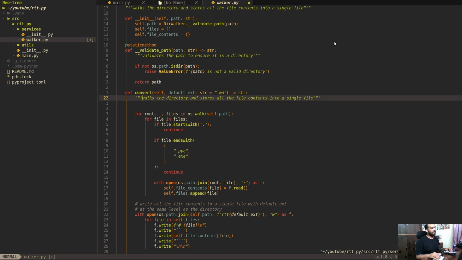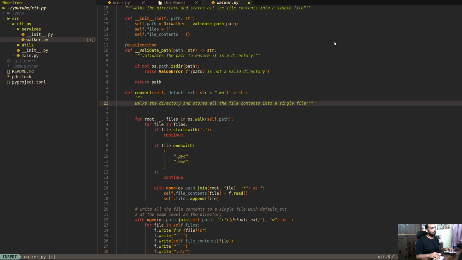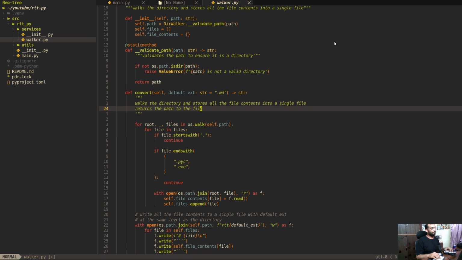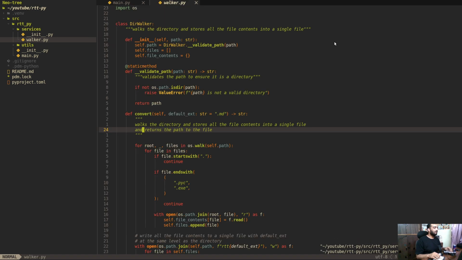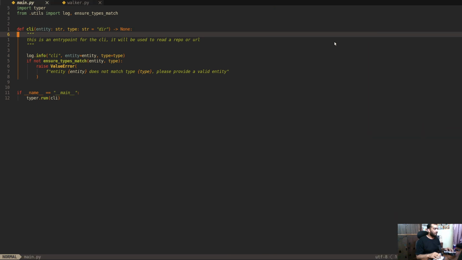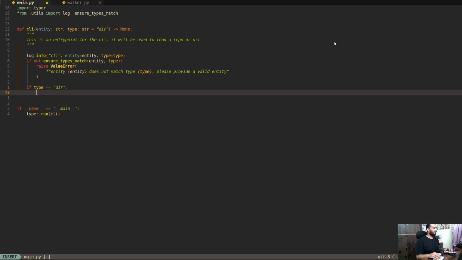We'll also say that it returns done deal. Just don't have split window. So now we'll say if it is a directory, so if type equal to directory, we'll say